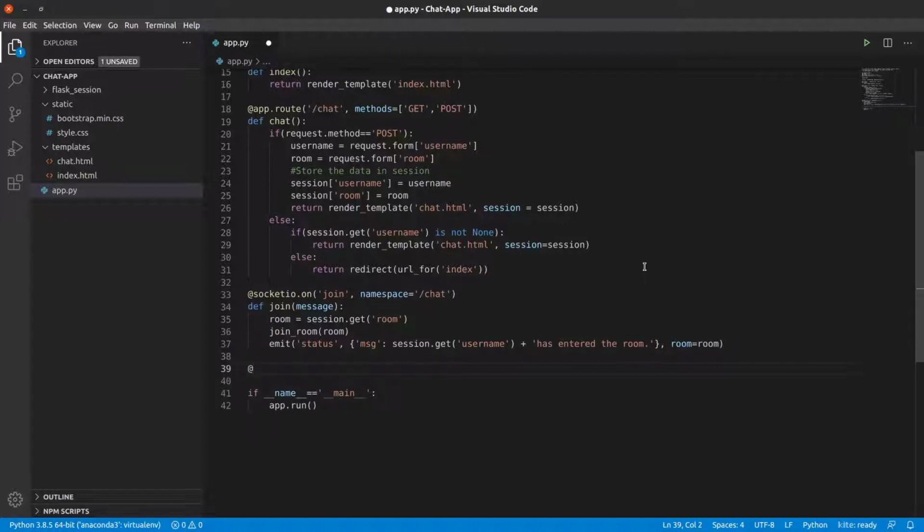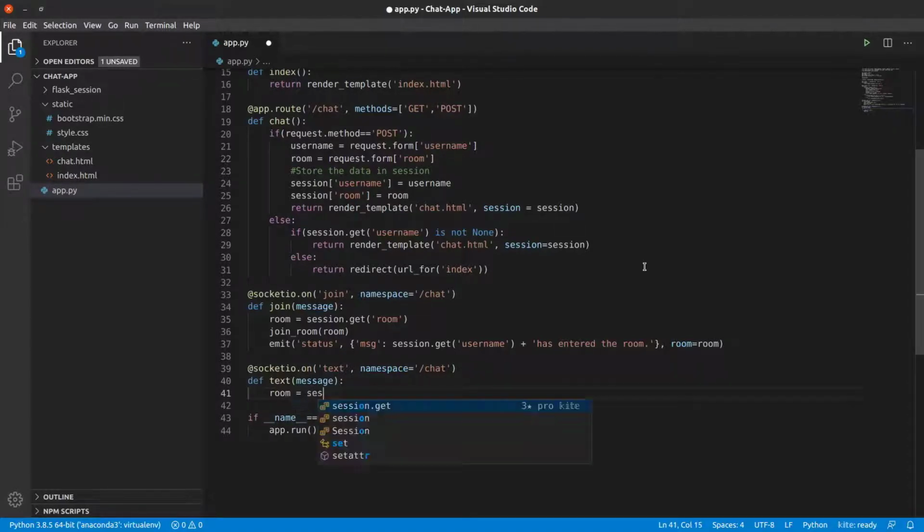Now if someone wants to send a message, then we have a different function for that. So @socket.io.on text, and the namespace will be the same as that of join. So namespace is chat. Then we have def text, and a message is passed here. We will get the room from session, so room equals session.get room, and then in the room we will get the message.